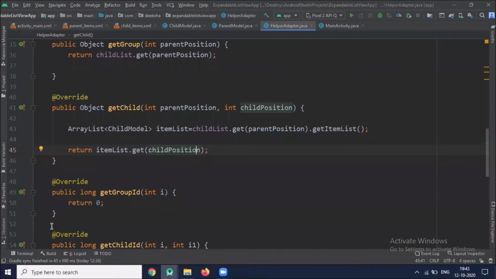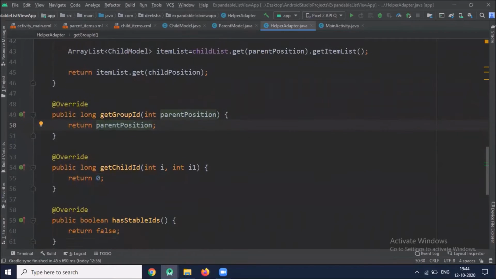Now next is get group ID, and this function we are using to get the ID for the group at a given position. Then get child ID, and this function we are using to get the ID for a given child within a specified group.